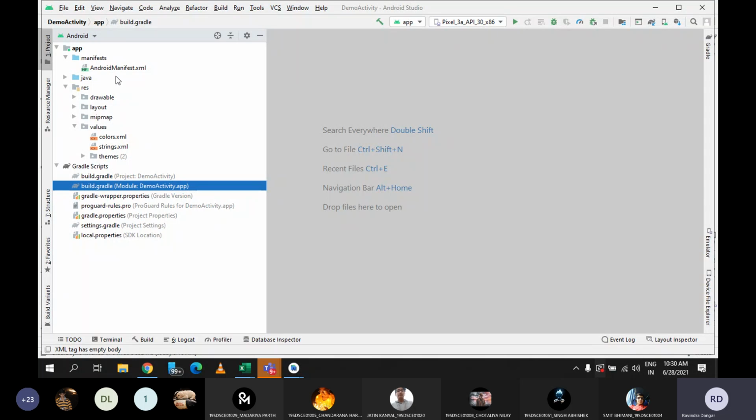And now in the next session, what we will do, we will create one more application, which is the new application, and we will start designing the things. So from scratch, we will see how to display the button, how to display any other controls, and what are the various properties of all those controls. If I place one button, then for that button only, we may have n number of properties. So which properties are important and which properties we need to include, that we are going to discuss in the next session. And similarly, we will discuss how we can connect the Java file and XML file, so that when you launch the application, how it looks like.